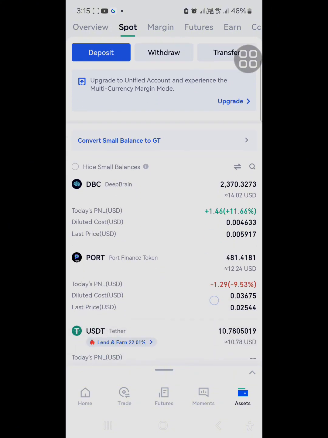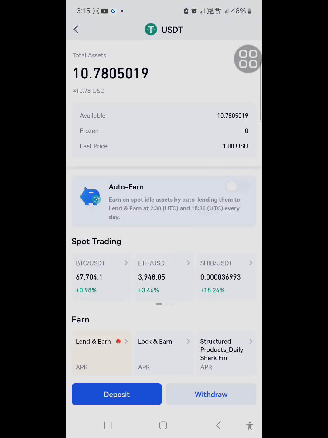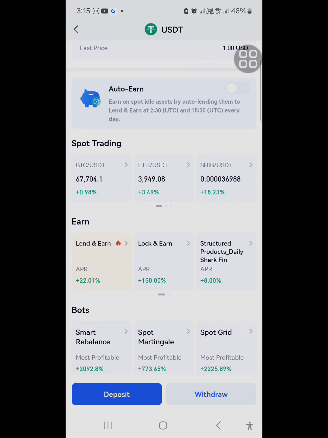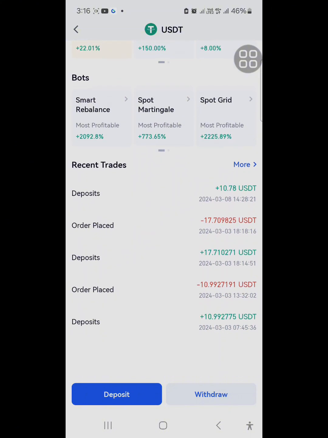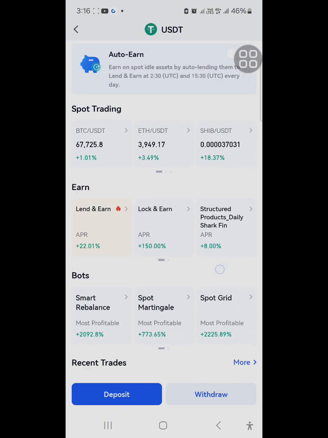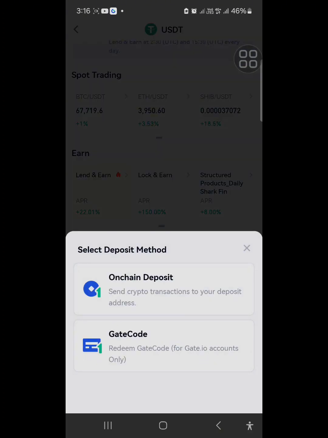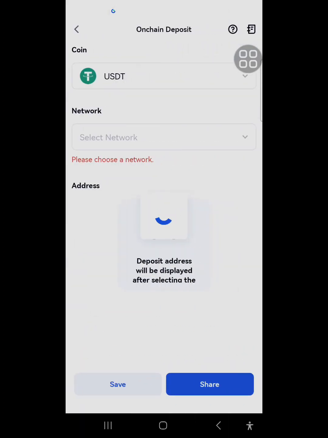When I click on USDT, I'm trying to get the wallet address of USDT on this exchange. Because I'm trying to receive money in this Gate Exchange, I'm going to click on deposit so that I can get the address. When I click on on-chain deposit,